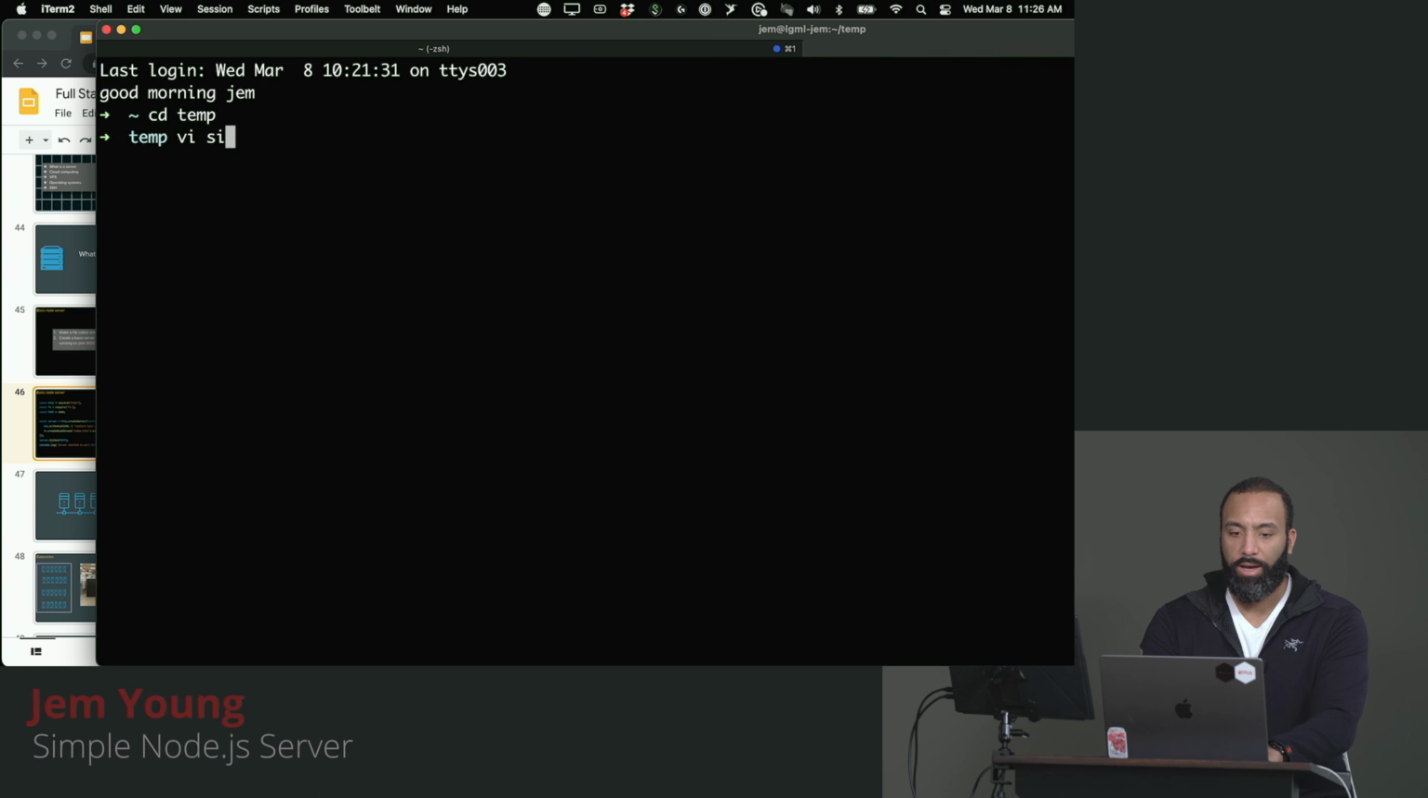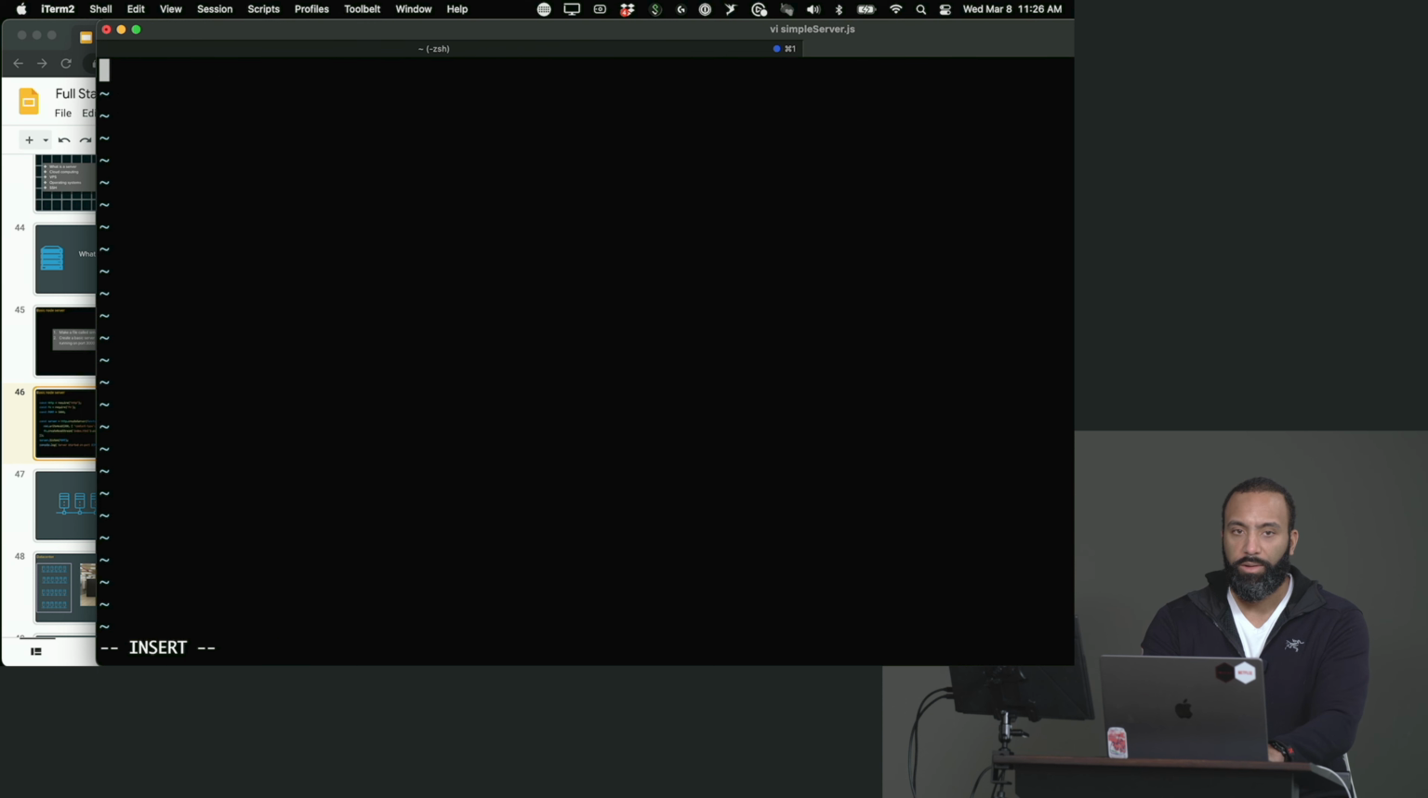So I'm going to say vi simple-server. And this one is not a kind of random file like we touched. So this one's JS, so we're going to say simple-server.js. I'm going to go to insert mode. So the first thing we need to import from Node is HTTP. So we're saying http = require